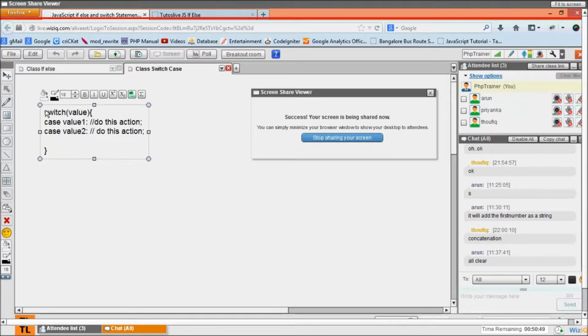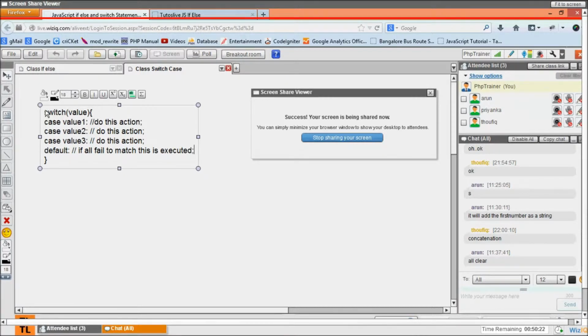If even that is not matched, then jump to the next and do this action. Like such, I can have any number of values to be matched over there. If none of the values is matched, then I have one more statement called default. So if all fail to match, this is executed.